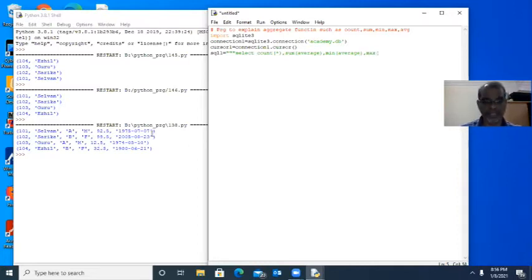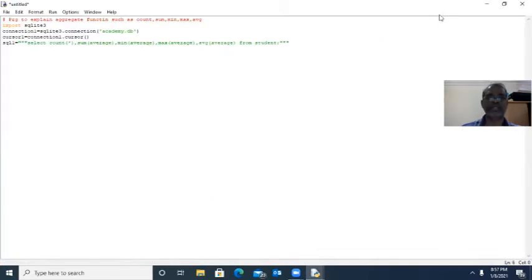Maximum of average, maximum value is the biggest value, 99.5 will be returned. At last, average of average. These 4 values, 92.5, 99.5, 12.5, 32.5, will be added and divided by 4, and that value will be returned, from student, semicolon. Okay, this is one SQL statement I wrote.